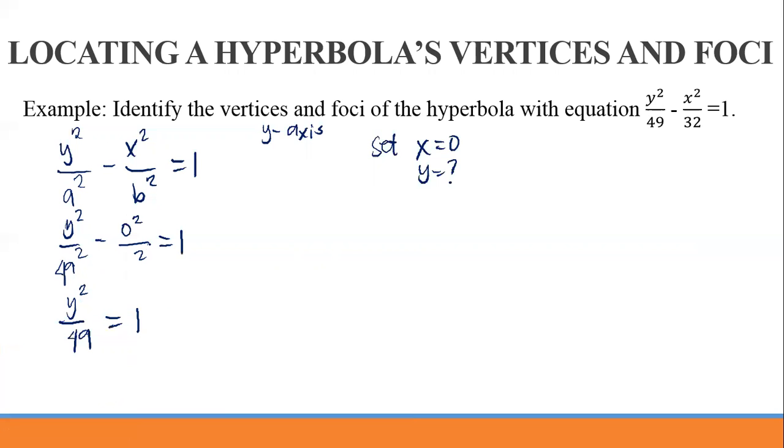Tama? Ayan. Yung b square natin ay 32. So, this is now equal to y squared over 49 equals 1. And then, yung y squared is equal to plus or minus the square root of 49. So, yung value ng y natin ay plus and minus 7. Okay? So, the foci